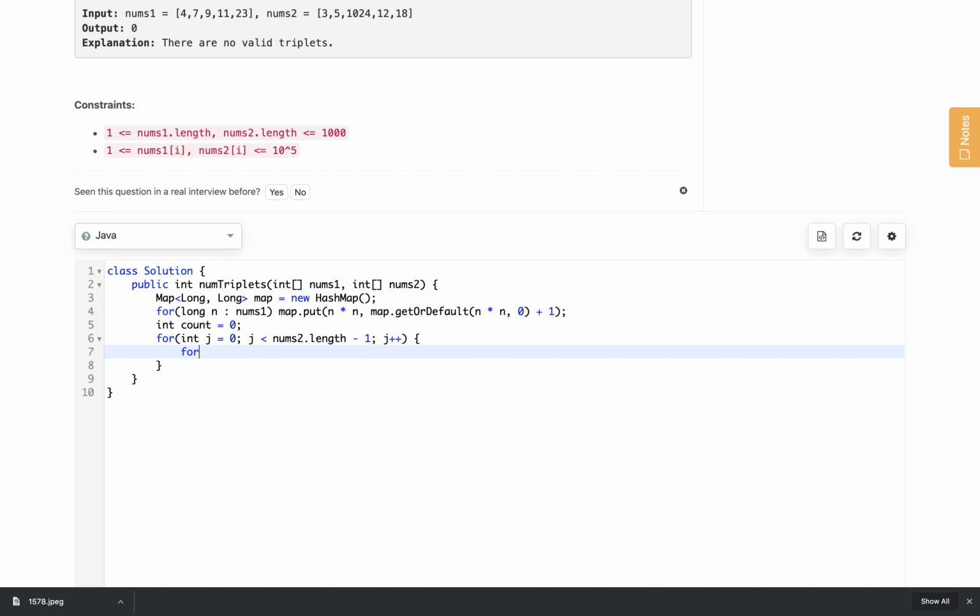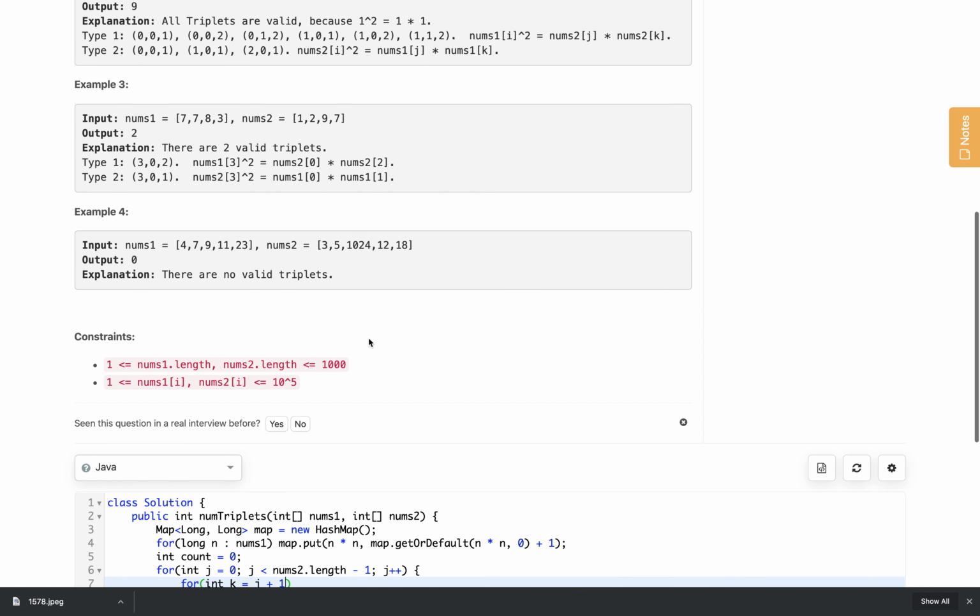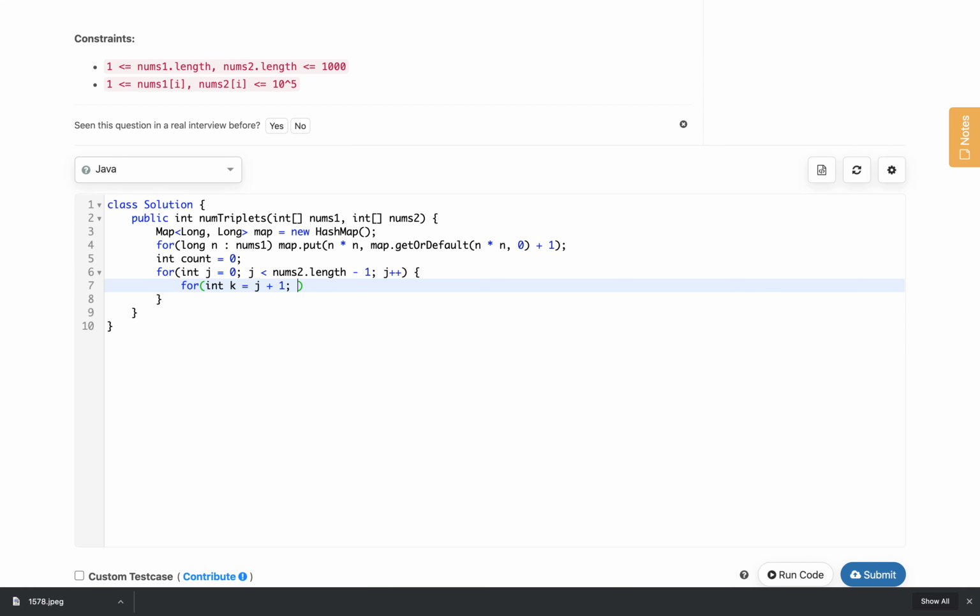Similarly, we will run another loop for int k equals j plus 1, because we need to satisfy the condition where k is always greater than j, and k is also less than nums2.length. So, this is how this will work.